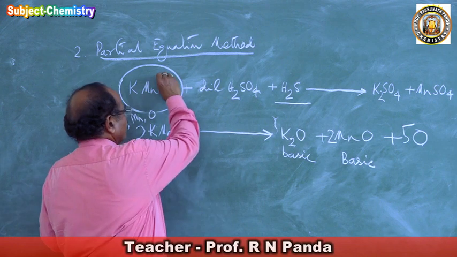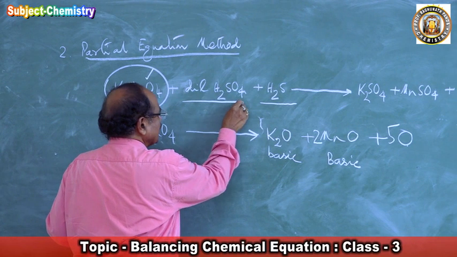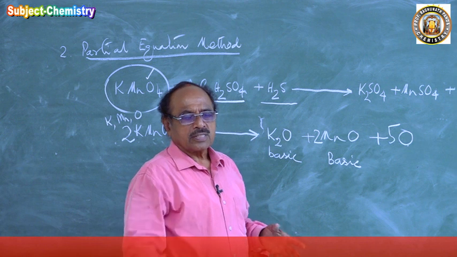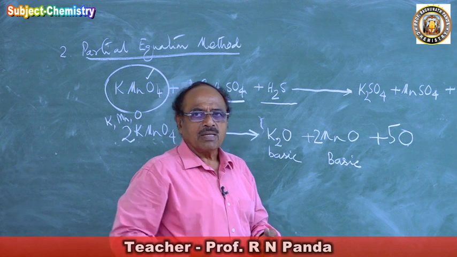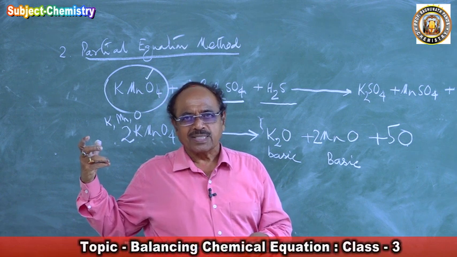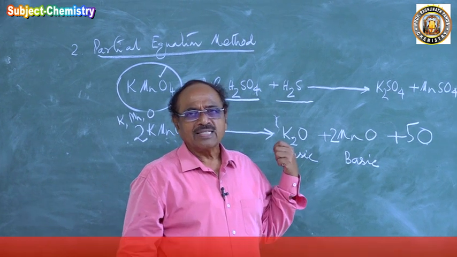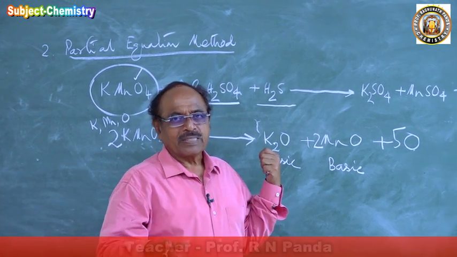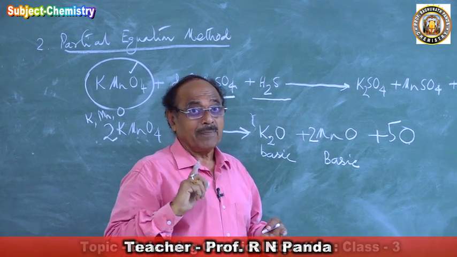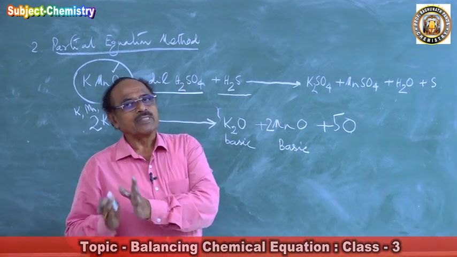So this is over. Now who will come? Sulfuric acid. Just like your batsman stands on the crease, the bowler on the other side takes the ball, rubs it on the pant, rotates it, then throws. Depending upon the type of ball, the reaction will start. Suppose it is a high spin, a low spin or a short ball, depending upon that the batsman calculates accordingly to play the ball.